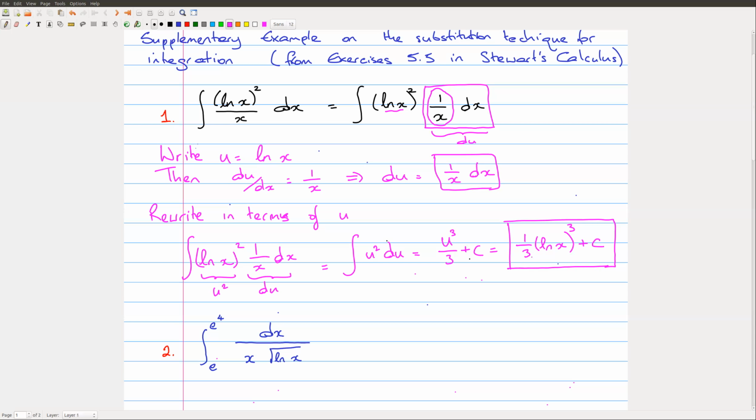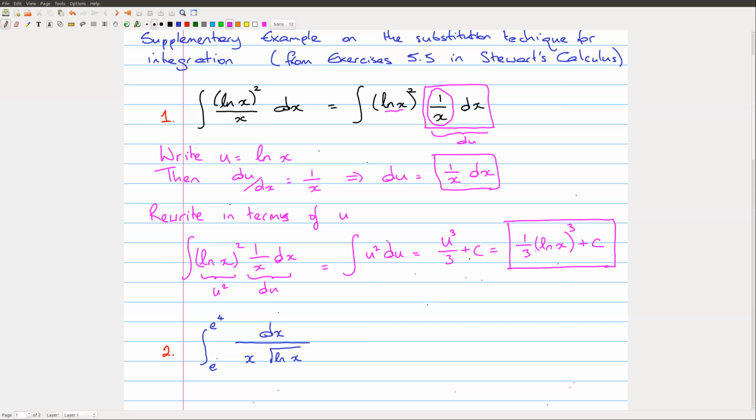So if we differentiate 1/3 log x cubed, we're differentiating it cubed, so we get 1/3 times 3 log x squared multiplied by the derivative of log x, which is 1 over x. So the 1/3 cancels the 3, and we just get log x squared times 1 over x, which is exactly what we hoped to get. Okay, so there's